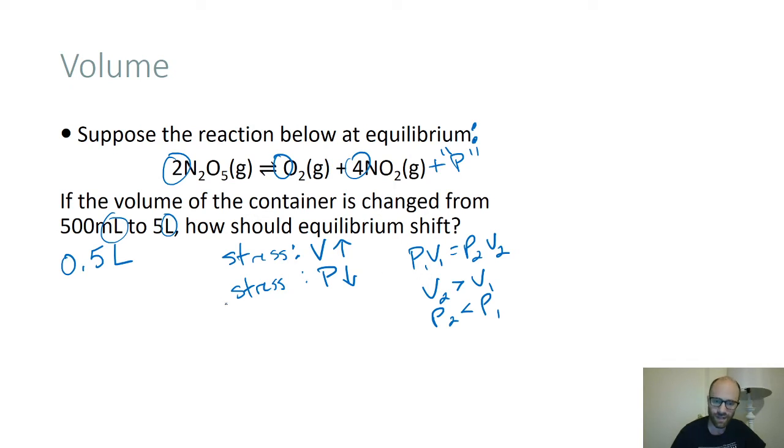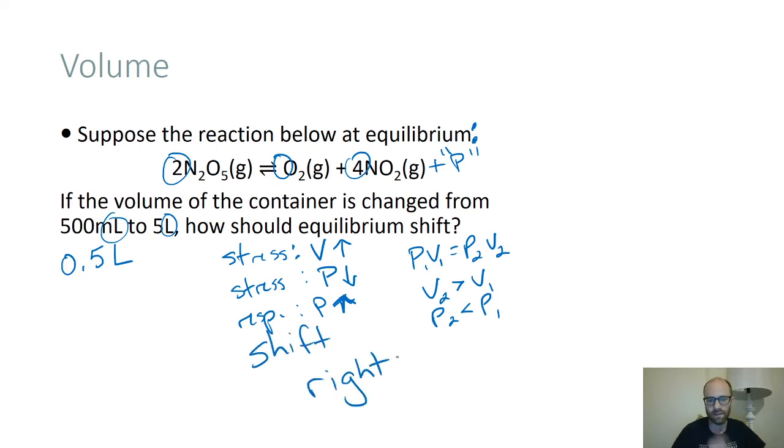So if the stress is that the pressure decreases, the response is that the equilibrium will behave in a way that increases the pressure, so that would be a shift right in this case. And that should be consistent logically with what we were talking about before. If the volume suddenly gets bigger,